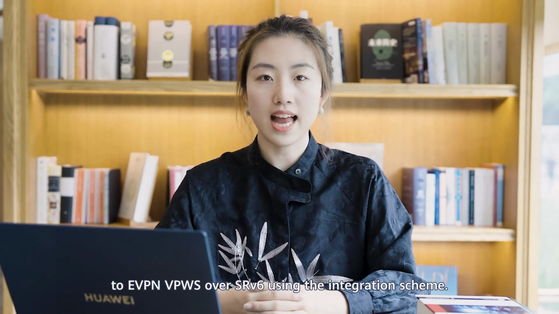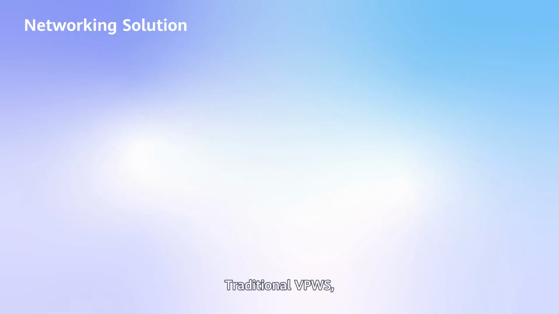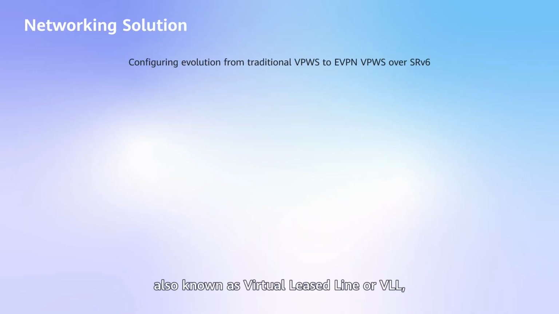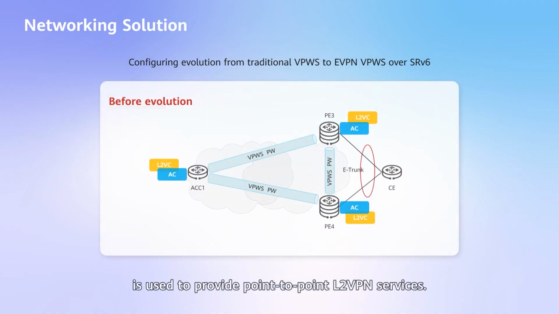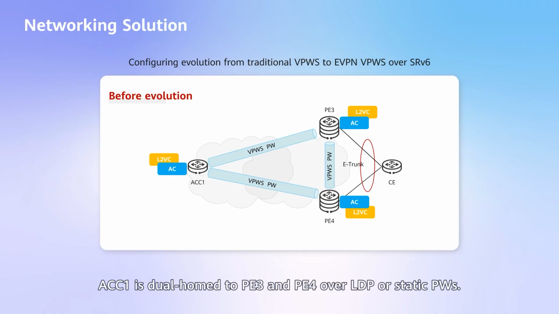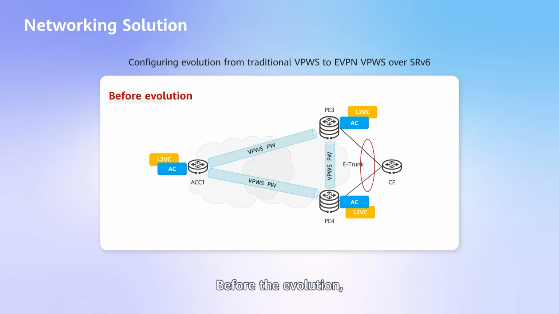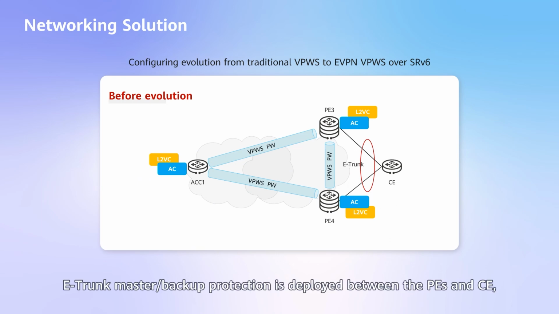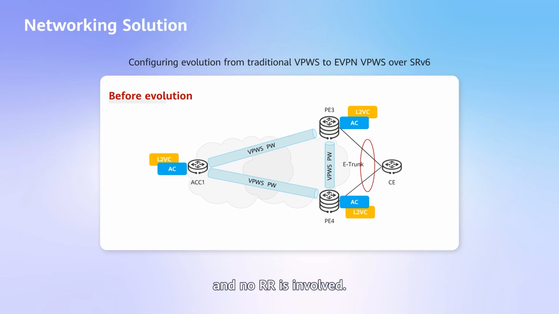Let's take a look at a scenario with smooth evolution from traditional VPWS to EVPN VPWS over SRv6 using the integration scheme. Traditional VPWS, also known as Virtual Leased Line or VLL, is used to provide point-to-point L2 VPN services. Before the evolution, ACC1 is dual-homed to P3 and P4 over LDP or static PWs. P3 serves as the active node, P4 serves as the standby node, and the PWs operate in independent PW redundancy mode. E-trunk master or backup protection is deployed between the PEs and CE, and no RR is